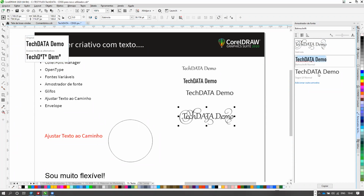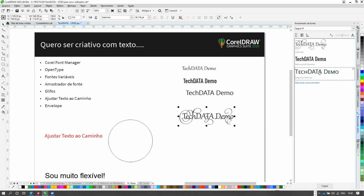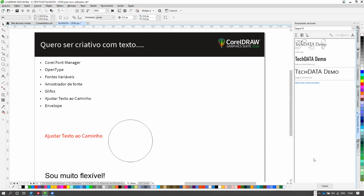We don't really want this one. Let's try this. So here we've got small caps. So again, it's very easy to quickly try out different fonts without having to go up to the font list each time. Now, if you're working in different languages,